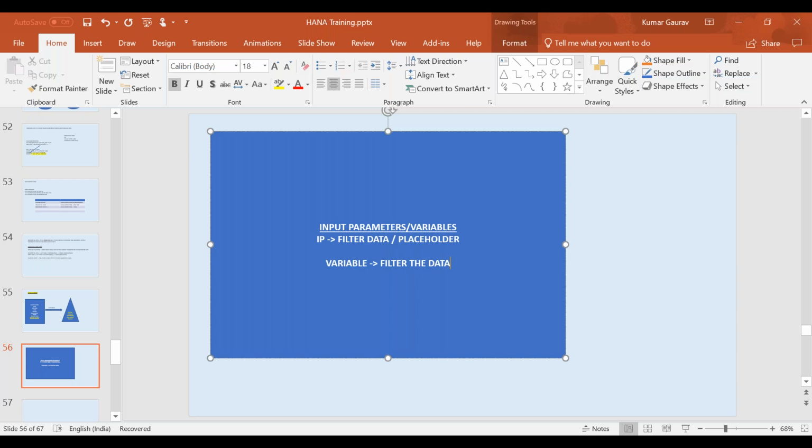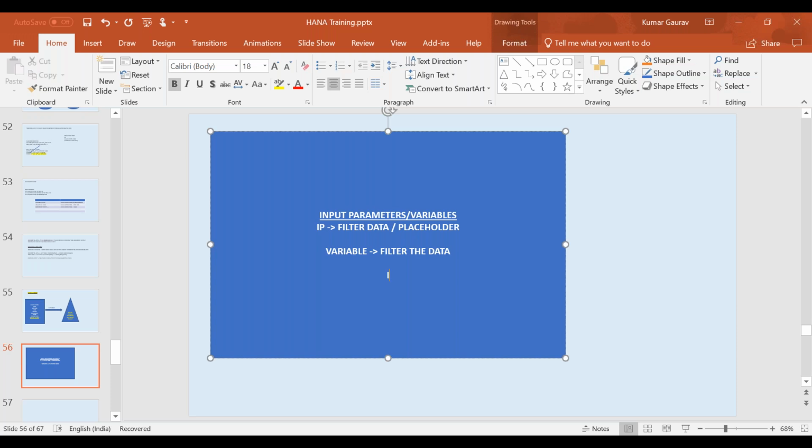Now when I say filter the data for input parameters as well as variables, of course, both of them actually filter the data. There's no question on that. Input parameters as well as variables filter the data, but there is also a difference in how they actually filter the data.